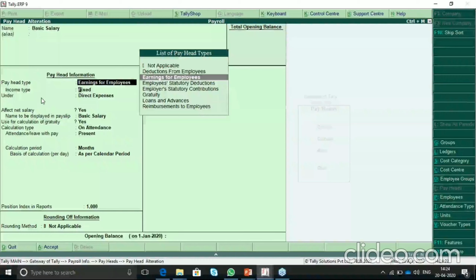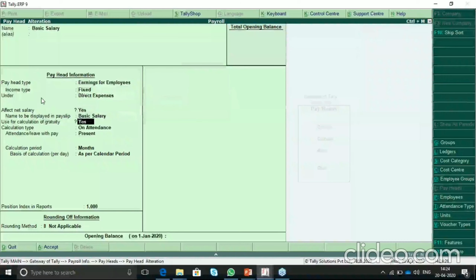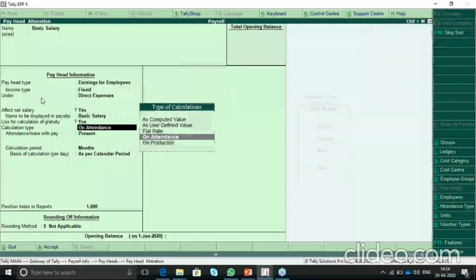So earning for employee, here you can see fixed, and the calculation type will come on attendance. For basic salary, if we are doing it for production, in some cases, like if you want to calculate basic salary on an hourly basis, for 1 month or 2 months, for employees on one project where you don't want to pay the actual basic salary, you want to calculate on hourly wise.